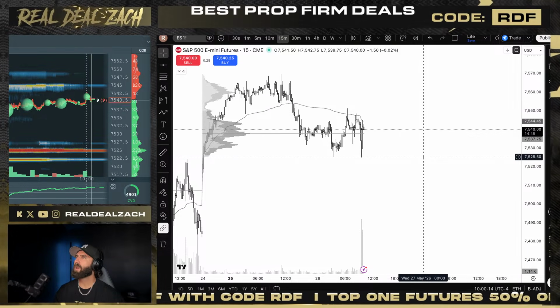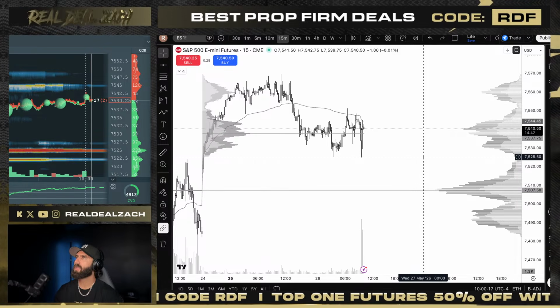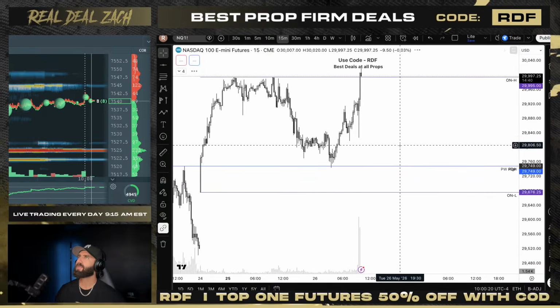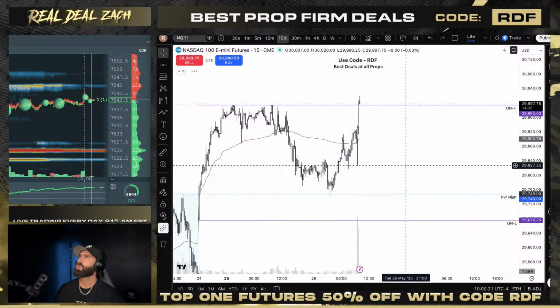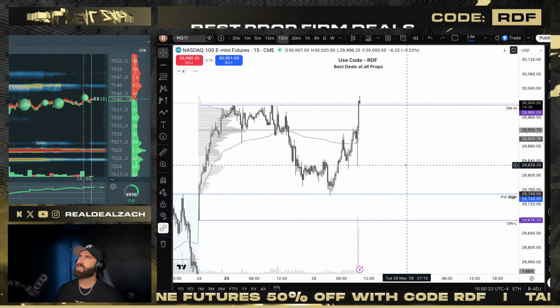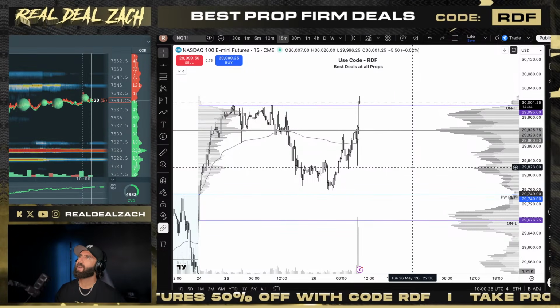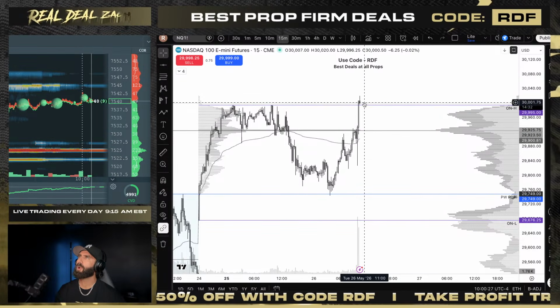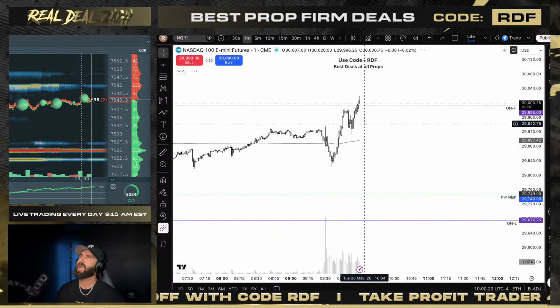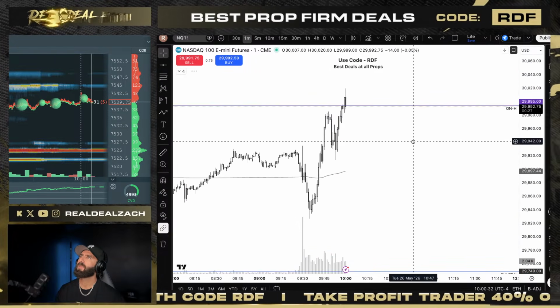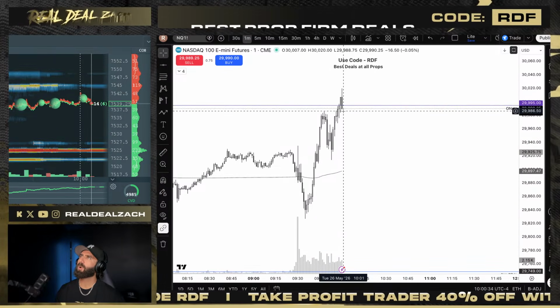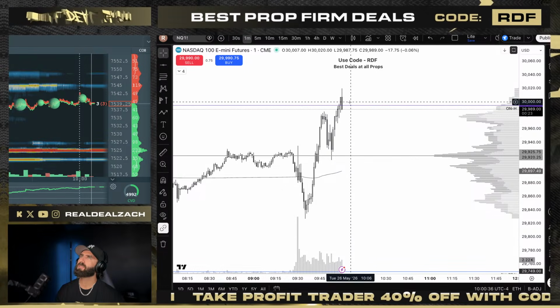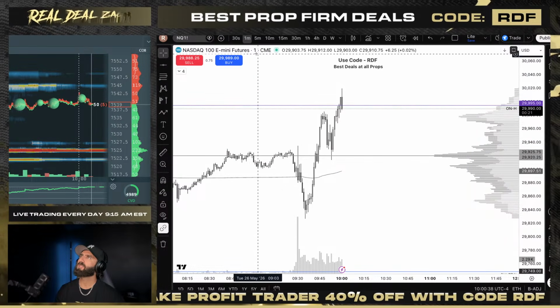ES all the way back up to VWAP. Well, YM is sitting patiently down around the lows. NQ cracking overnight high. This is something I'd be looking for a short if we can come back to this. But just to map this out real quick, would be looking for a short on the first bit of selling pressure on something like this on NQ. Just to talk about this.